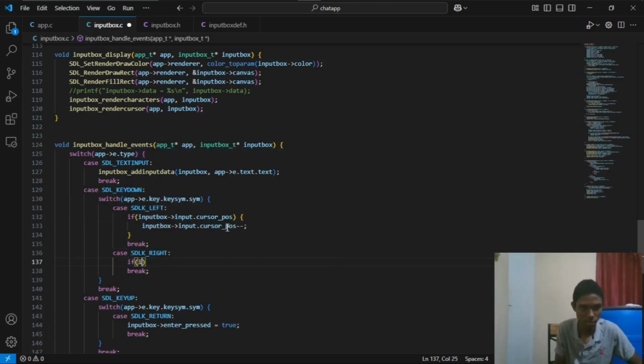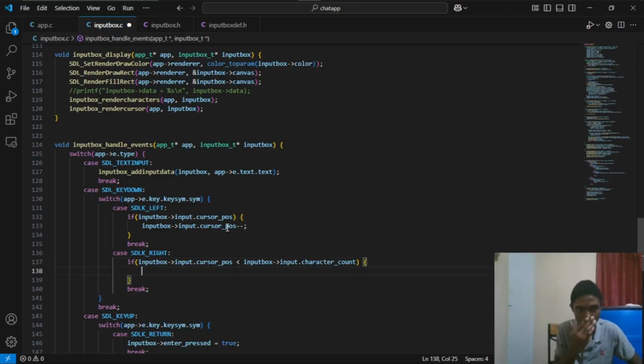Otherwise, we'll just say if input box input.cursor_pos is less than the input box input.character_count, then we will say input box input.cursor_pos plus plus,